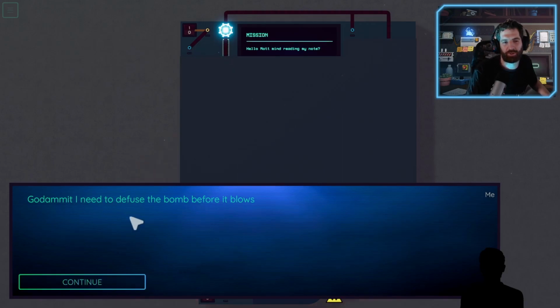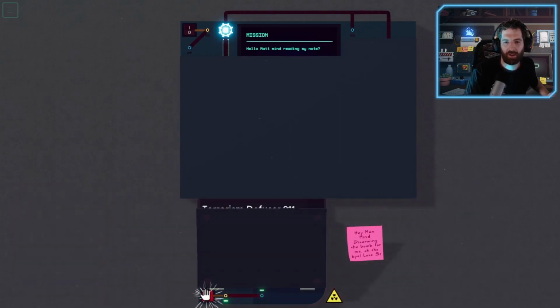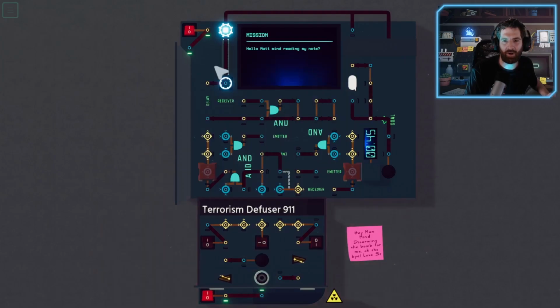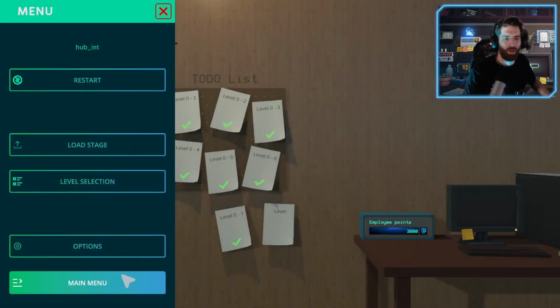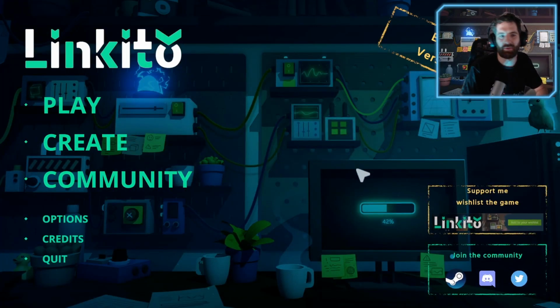Besides, you can create your own story in the editor. I will show you, like the one that created this level. And this one, it's even before I implemented the bomb mechanism in the game. They already tried to do it with another system, some level about defusing the bomb. So it's really impressive to see that. And this one is not easy. It's not easy at all. Sorry. So as you can see, there are multiple possibilities of that.